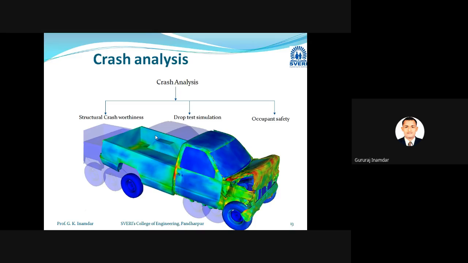Here are the three types: structural crashworthiness, drop test simulation, or occupancy. What is structural crash? Deformation, stress, energy absorbing capacity. This type of analysis is in structural crash, for example stress, strain, energy, deformation. Now what is the drop test simulation? What is drop test? Whenever, for example,